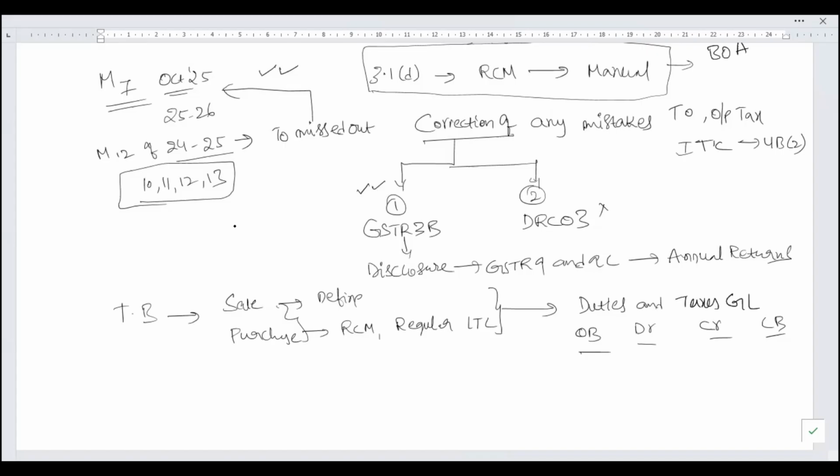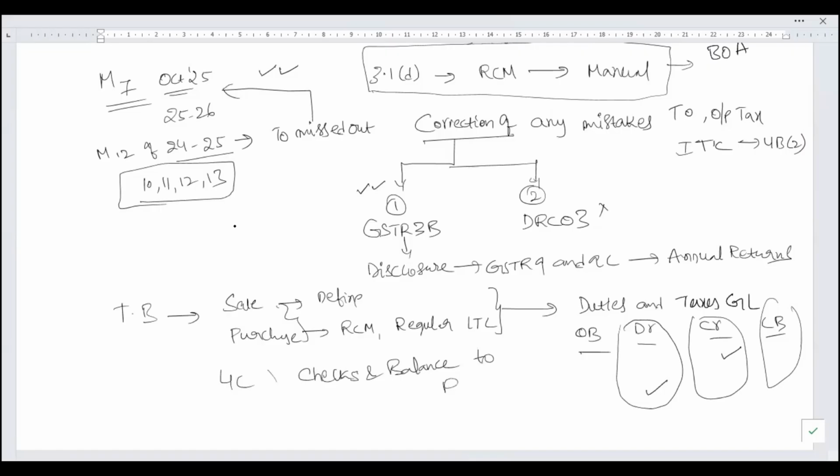Liability will be on the credit side, ITC will be on the debit side. So we need to have a mechanism to match current month transactions with the current month disclosure, and a closing balance reconciliation with the 4C we have. What is the opening balance, current month, closing balance? We need to have these checks and balances